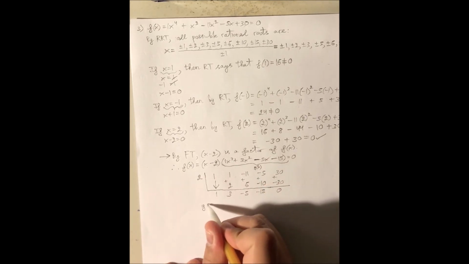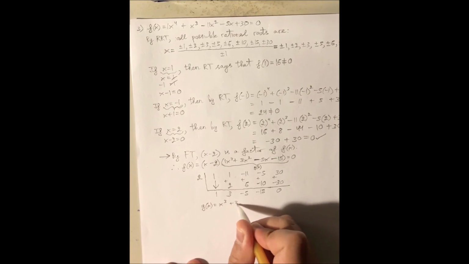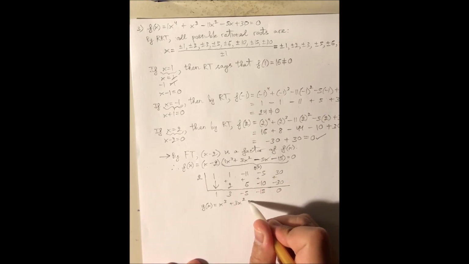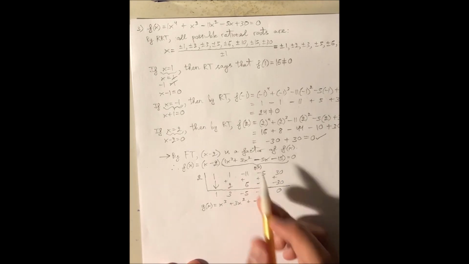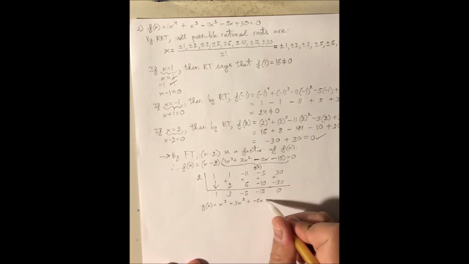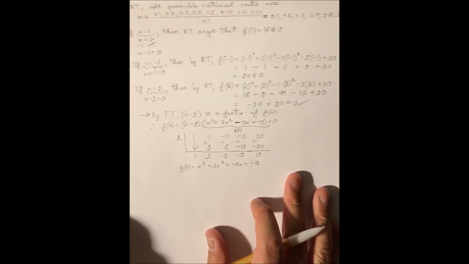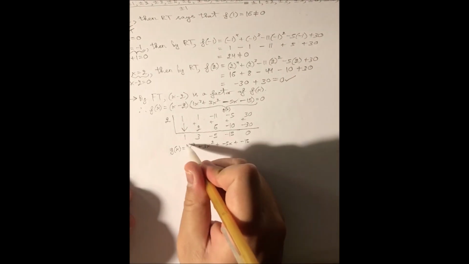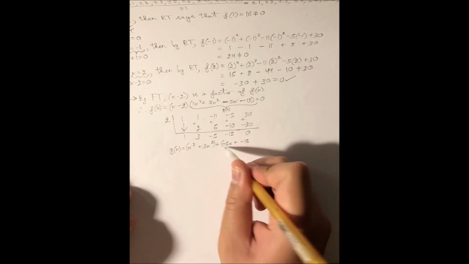So g of x is equal to x cubed plus 3x squared. And instead of writing minus 5x, I'm actually going to change it up a little bit. I'm going to write plus and then minus 5x. And of course, remember that the minus sign is the same as plus, negative, like that. Instead of writing minus 15, I'm going to write plus minus 15. And the plus sign is going to help us a lot with factoring by group. And you guys know how to do that. To factor by group, put the first two terms inside the parentheses like that,